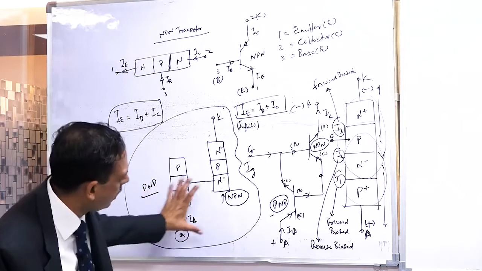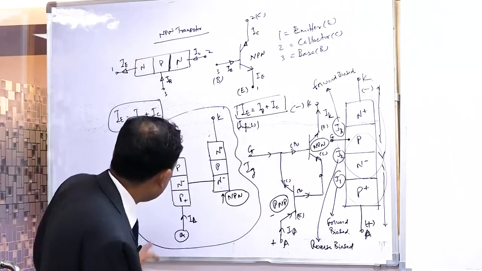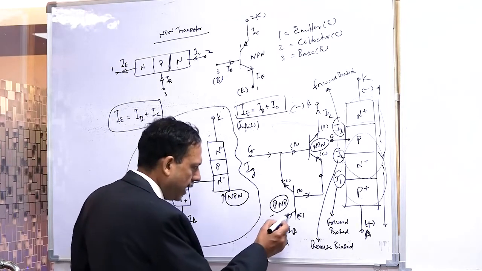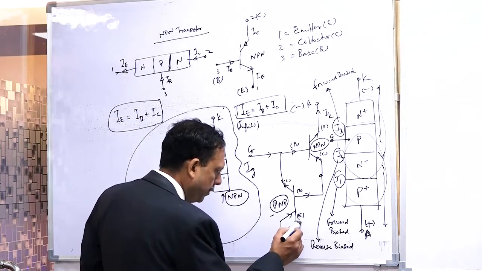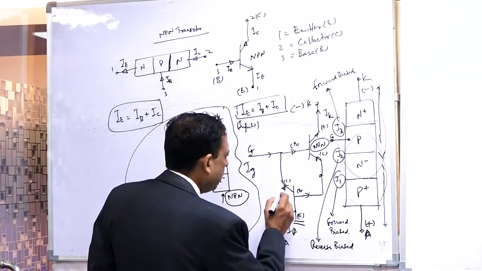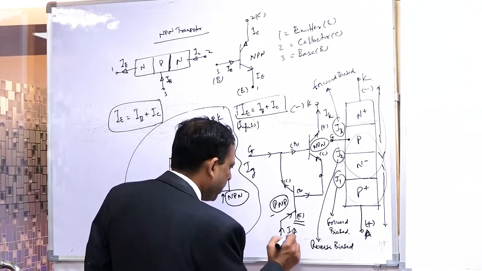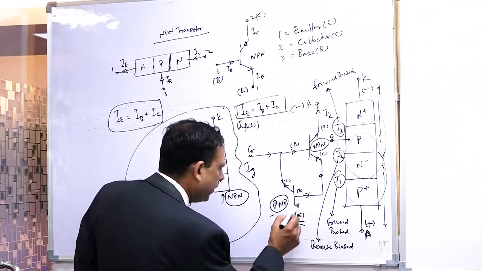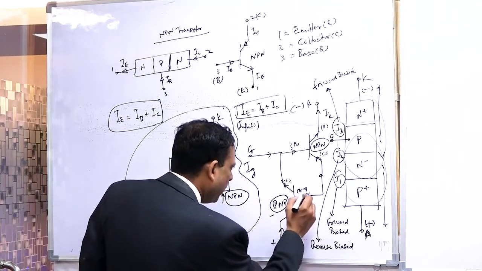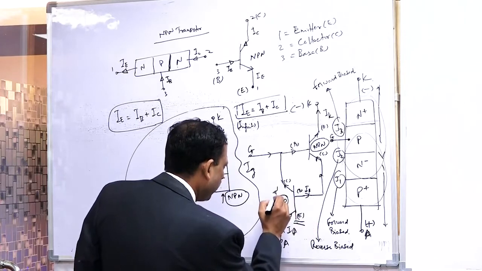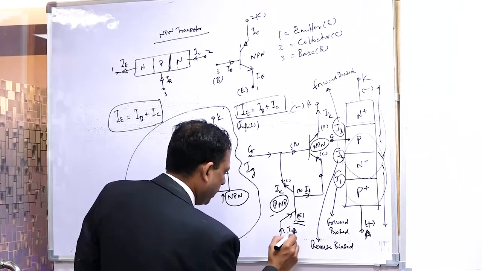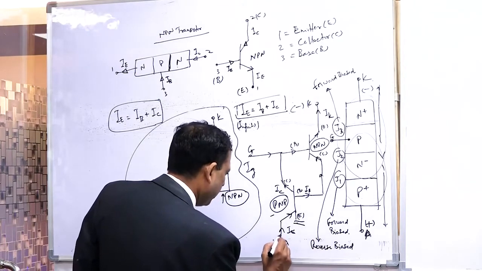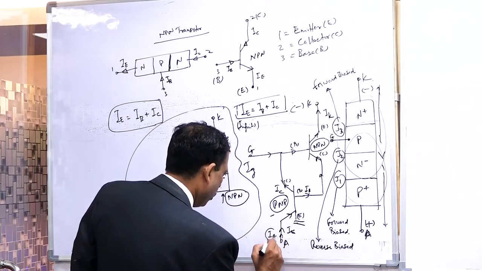Now if you are thinking of this circuit, let us say this is PNP and this is the anode. The anode current, you see, is going inside; this is the emitter. This is the PNP transistor. So the current is going inside the emitter and then the base current is going out. I base will be out and I collector will be out. And this is I emitter. It is going to be inside. I emitter is nothing but IA, the anode current.